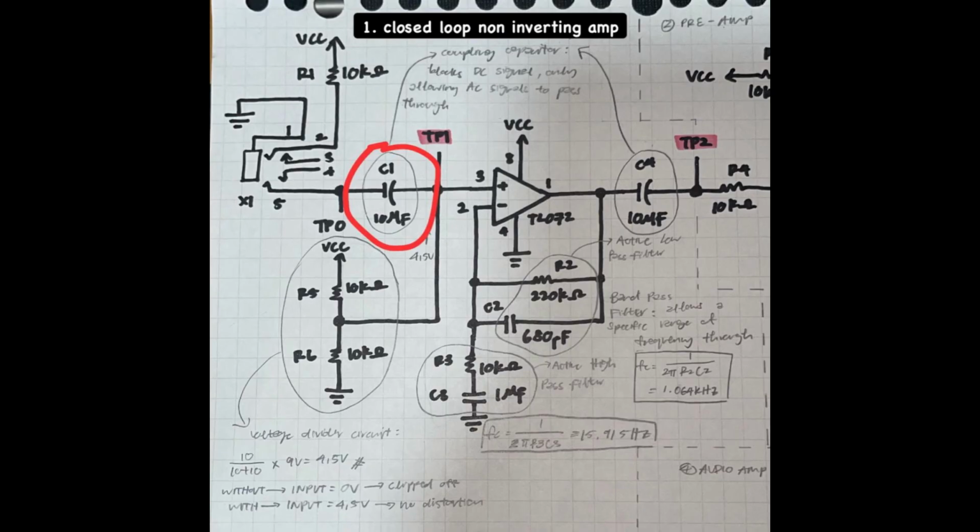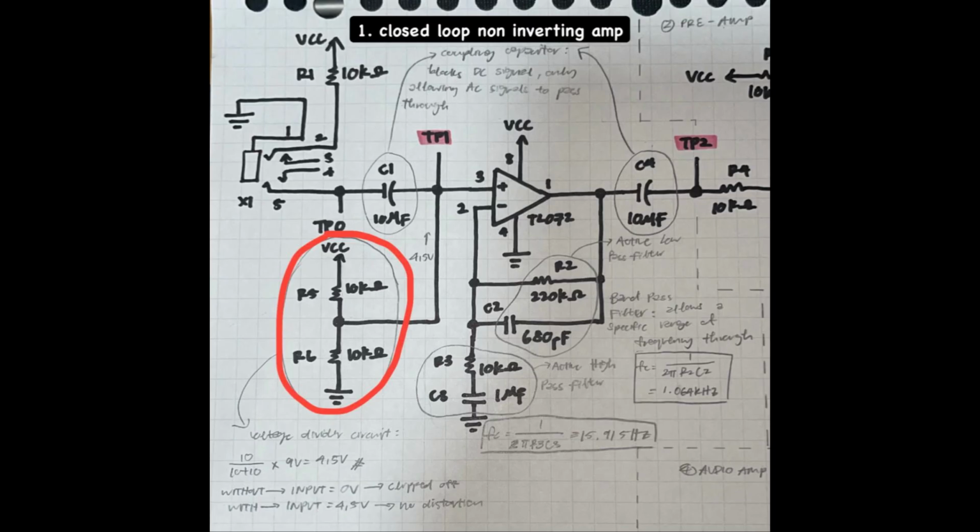In the first stage, the signal passes through C1, a coupling capacitor, which blocks off any DC signal, only allowing AC signals to pass through. At TP1, there is a voltage divider circuit which gives me an output voltage of 4.5 volts. How I got 4.5 volts was I took 10k over 10k plus 10k, everything times 9 volts, and that's how